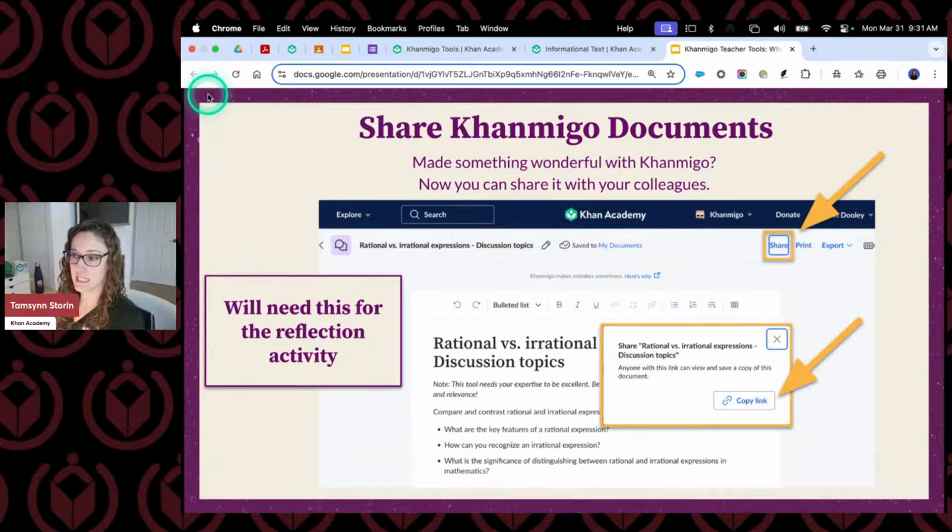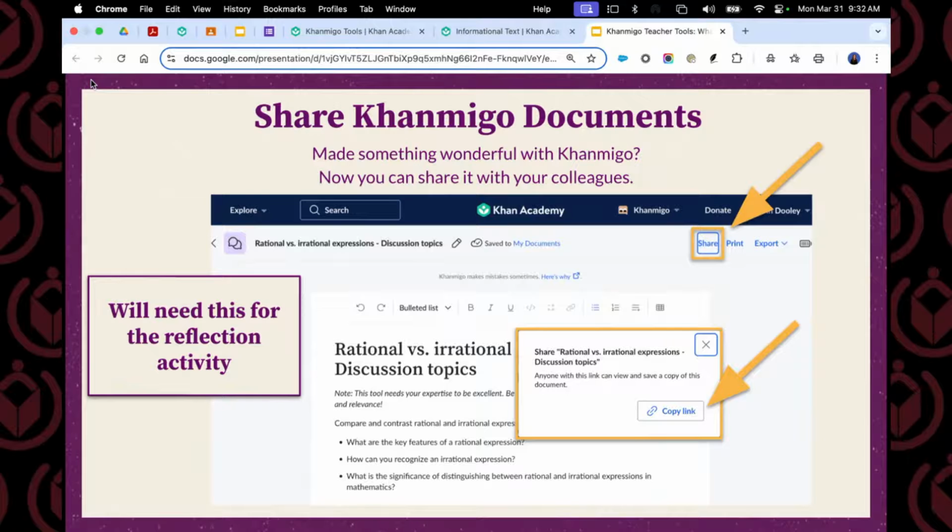And this is something that is an update. It's been a while, but it's a newer update, but it's important for you guys with your reflection activity. John is going to explain all this at the end, but when you have the reflection activity, you need to share a copy of what you create. When you're inside any of these tools, click on share at the top, and it will give you a link that you can copy and paste wherever you'd like.